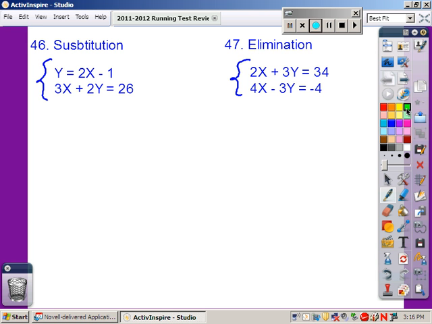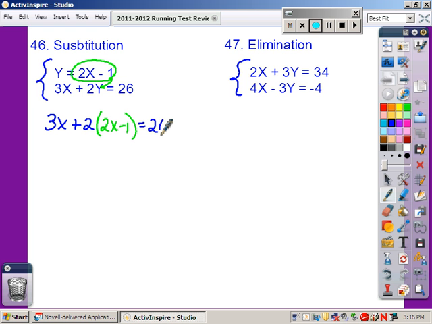You're actually sticking one equation into another. You're looking for it to be solved for a variable like this. So when y is by itself, it's telling you that y can be replaced with 2x minus 1. So what you're going to do is take that 2x minus 1 and stick it in for y in the other equation. So literally you'll rewrite the other equation exactly how it is, except where the y is, you'll put in parentheses 2x minus 1, and then continue rewriting the equation as it